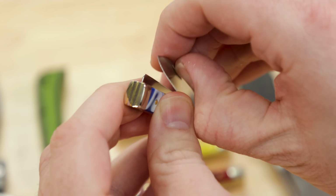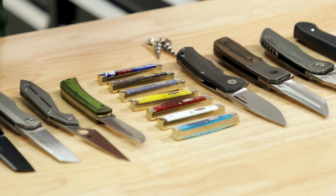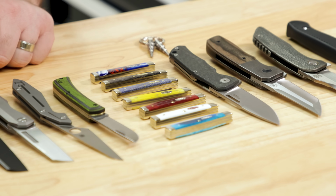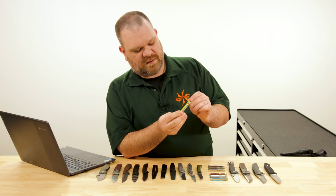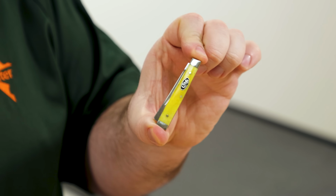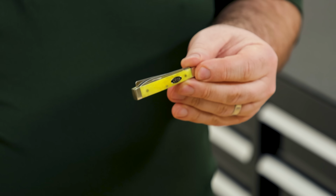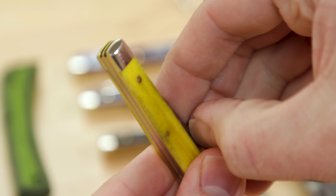We've got Kieranite, we have got Curly Oak, we have Sycamore, Yellow Bone, Red Jig Bone, Spark Series, Caribbean Blue. I'm gonna continue my love affair with the Yellow Bone on this version right here. I just love that Yellow Bone, you guys. Like, if you're tired of seeing it, I'm sorry. Plus it shows up nicely against my shirt. Yellow's good. Anyway, the Yellow Bone version is about $70, and it's the Baby Doc, so it's the doctor's knife,